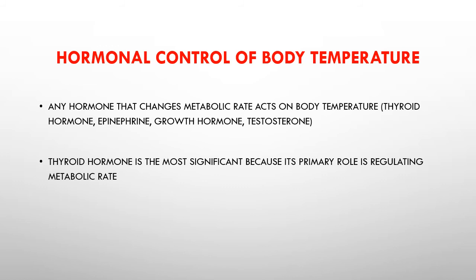Our body's temperature set point can be affected by hormones. Hormones that increase or decrease metabolic rate have the effect of either increasing or decreasing temperature. One of the biggies is thyroid hormone, which is more of our long-term hormone for doing just that. Epinephrine can be more short-term. Depending upon our stage in life, things like growth hormone and testosterone have that same effect of increasing metabolic rate. But thyroid is our general metabolism rate setting hormone.